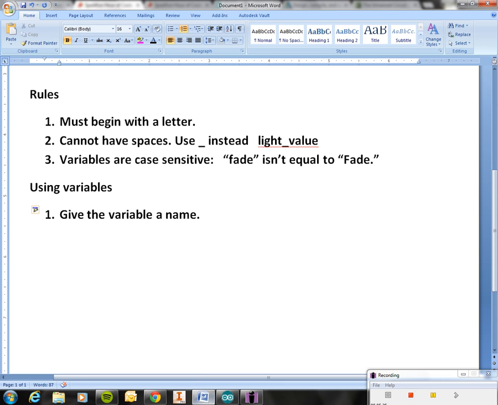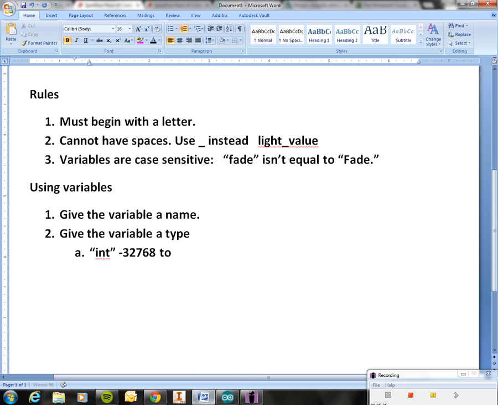So we have to give the variable a name, and then the second thing is we have to give the variable a type. The type of variable that we're going to be using in this class almost always is int. That stands for integer. And I don't want to get you too confused about this, but the computer will actually, for different types of variables, assign certain amounts of memory to that variable. And an integer variable can actually give us numbers ranging from negative